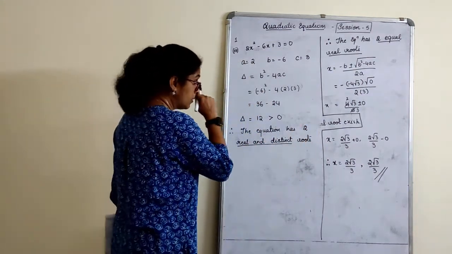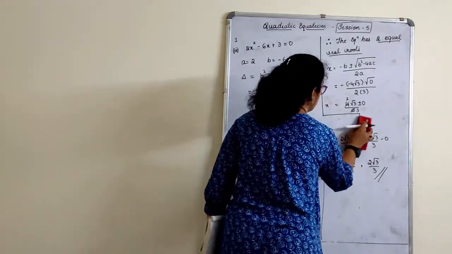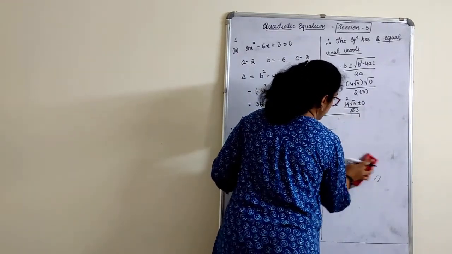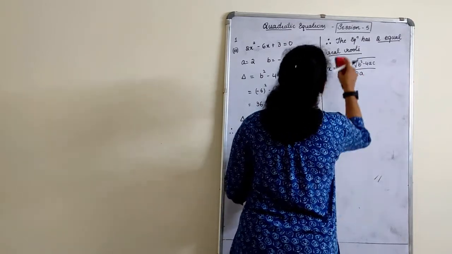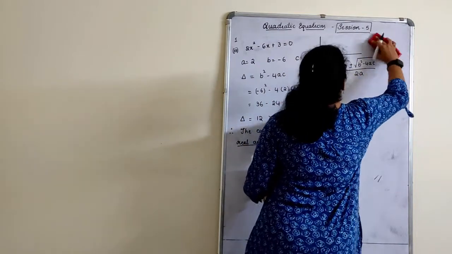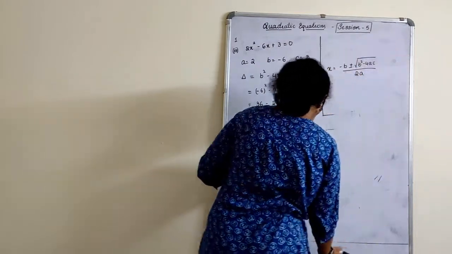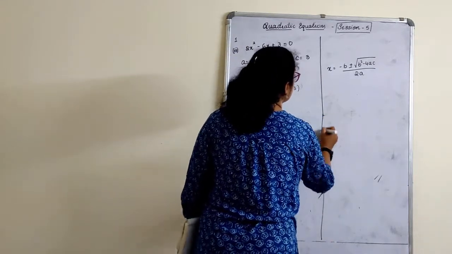Yeah, so let's find out. I'll use this part here now, since my formula is already there. Okay, so with this formula, let me substitute x is equal to minus b plus or minus root b square